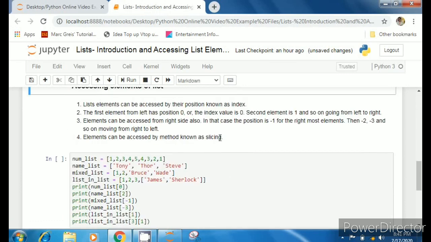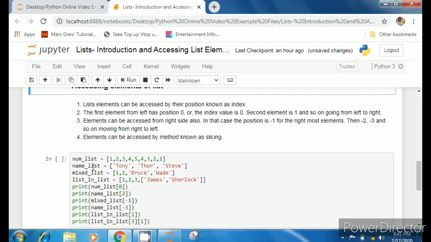So I've created the same list. I've copy pasted it from above, and see how to write these things. I want the first element, so I will write its index position in square brackets along with the list name. Here it is 0. 0 will be the first position from the left side.